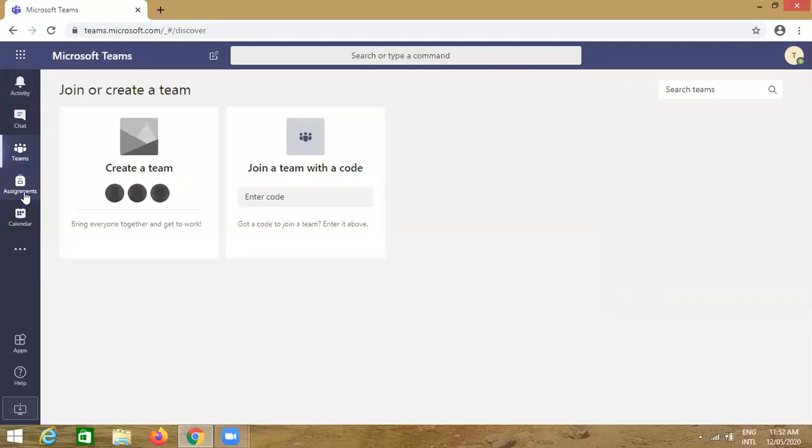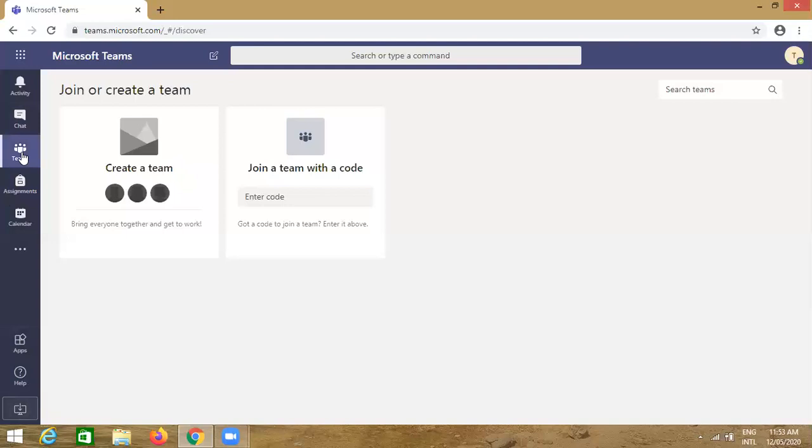This is the assignment button and calendars for scheduling your activities. From this button you can add more applications into this. It is required only when you have reasonable experience while working in Microsoft Teams. This is also for adding more apps, and if you are stuck somewhere you can use this button to get the help. This is nothing but downloading the desktop app, which we are already using.